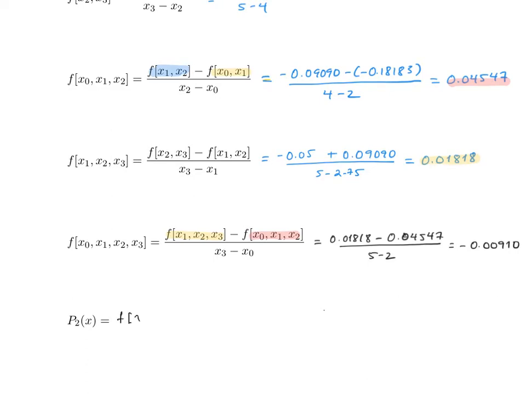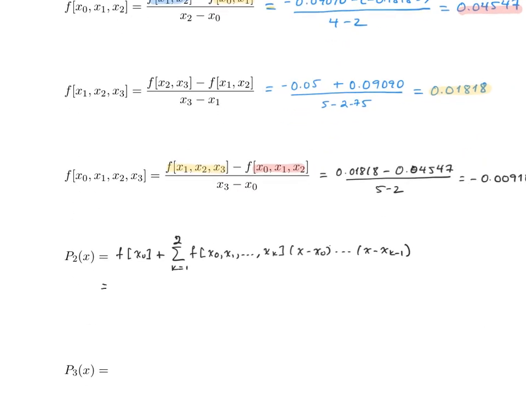Now, if we wanted to find P2, which remember is the second degree polynomial, then by definition this will be equal to f of x0 plus the sum from k equals 1 to 2 of the divided differences f of x0 all the way to xk, times x minus x0 all the way to x minus x_{k-1}, which in our case will be equal to f of x0 plus f of x0, x1 times x minus x0 plus f of x0, x1, x2 times x minus x0 times x minus x1, which will equal